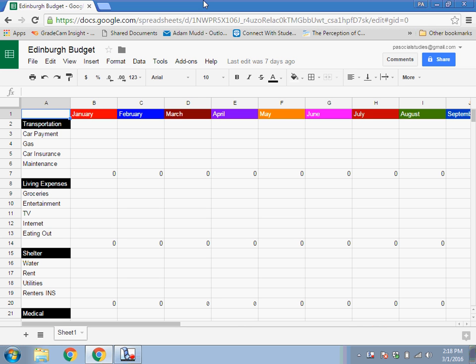Okay, so we're going to take it step by step. But this is essentially what it's going to look like. I'll show you all the features as we go along. Do you know what I mean when I say columns and rows? Fabulous. So basically, I have set up a yearly budget. January through December goes off onto the side. And as we go down in